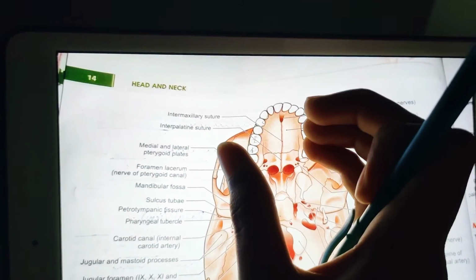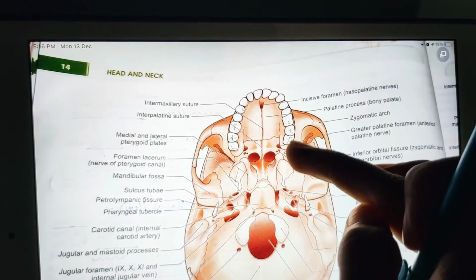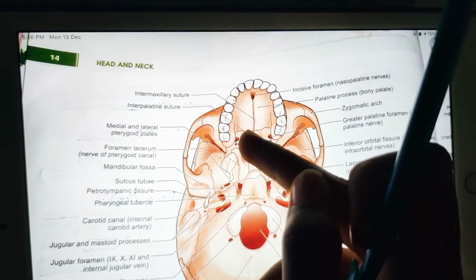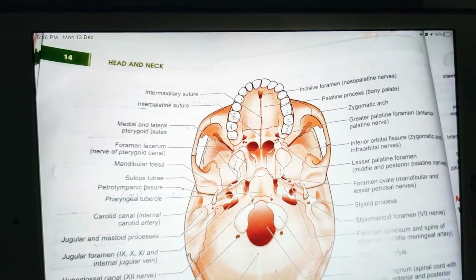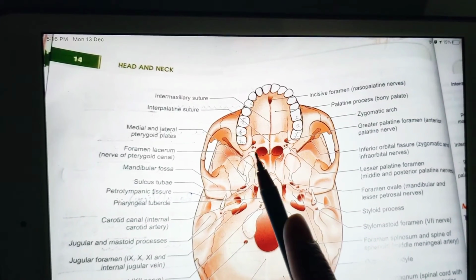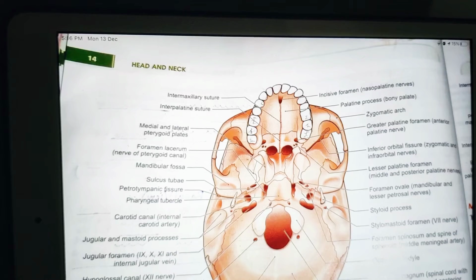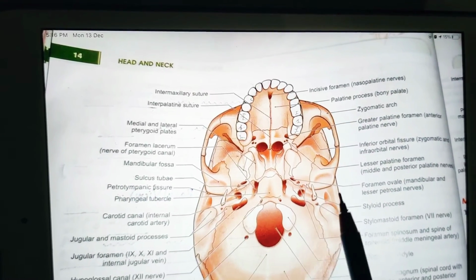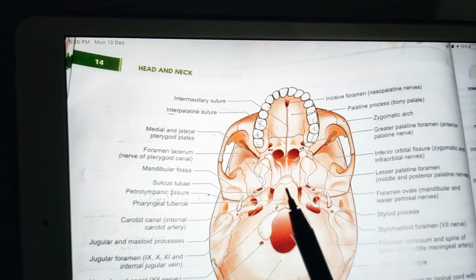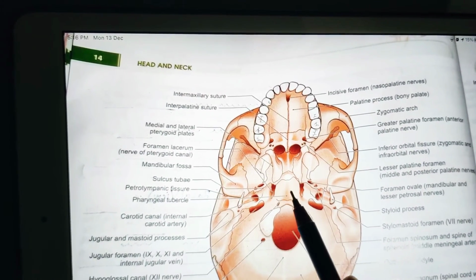Now coming to the middle part of Norma basalis. We have completed the anterior part, mainly the hard palate, which is made up of maxilla bone and palatine bone. Now coming to the middle part, it extends from the posterior border of the hard palate to the arbitrary transverse line passing through the anterior margin of foramen magnum. This whole part is the middle part. In the middle part, especially, we will now discuss the median area.